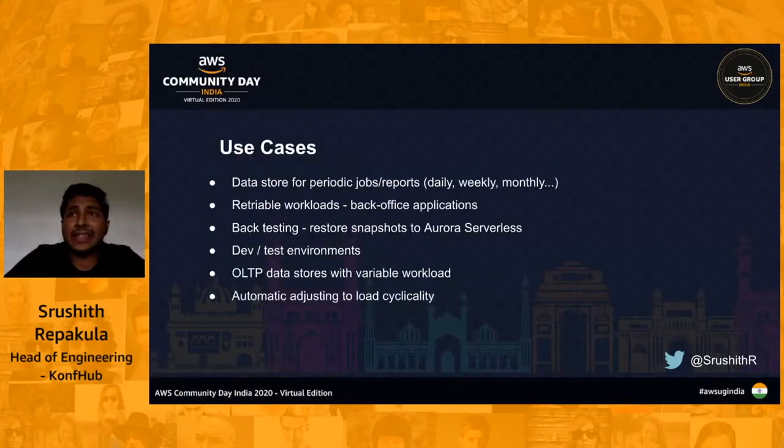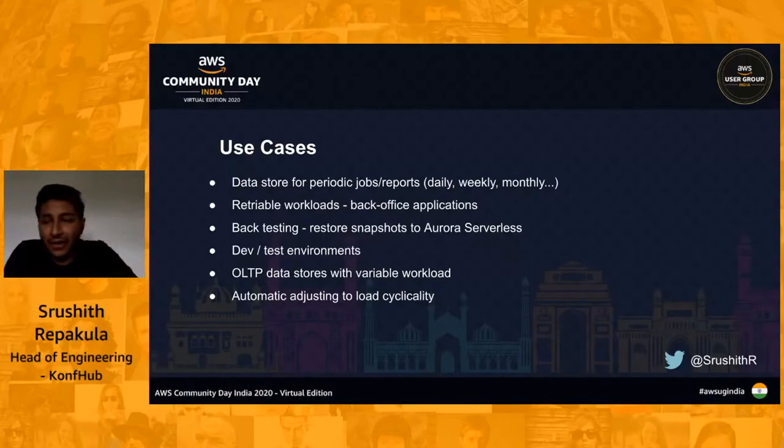So the various use cases for Amazon Aurora Serverless that I could think of is when we have periodic jobs or reports that we want to run daily or weekly. It's not something that I want to run 24/7, but something that comes up and comes down based on a daily or some kind of schedule, right? Stuff like that. Then we have dev test environments. With Aurora Serverless, there's one more thing that I missed talking about: something called DB Autopause.